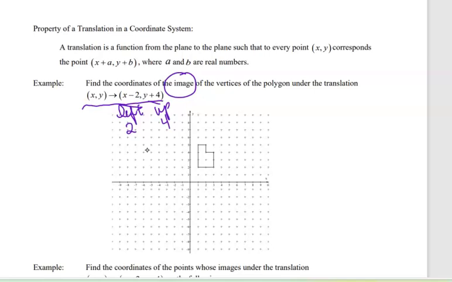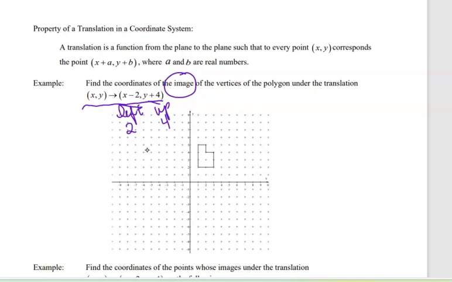So keep in mind that your x-axis runs horizontally, your y-axis runs vertically. So anything with the x is going to give you your left or right shift. Anything with your y is going to give you your up or down shift. So positive on the y means up, minus on the y means down, minus on the x means left, positive on the x means right. So we're going to take this shape and find the coordinates, which means it wants the xy